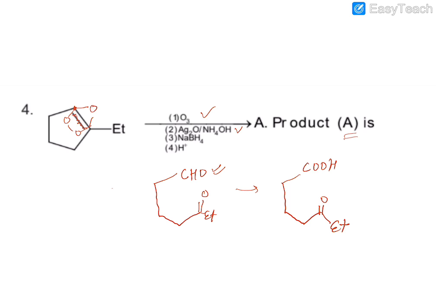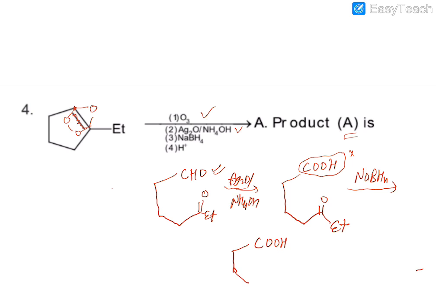Now NaBH4. Students, NaBH4 is a reducing agent which reduces only ketone, not the acid. Only ketone, right? So students, ketone is converted into OH, a secondary alcohol. Now in presence of H plus,